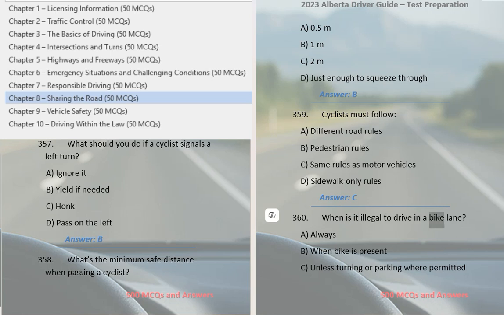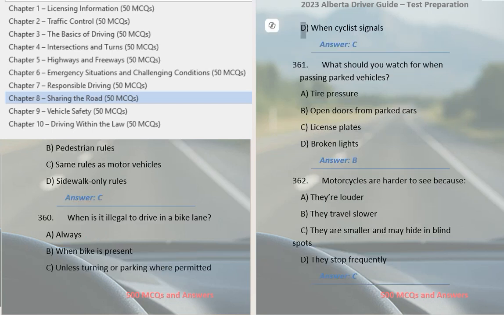When is it illegal to drive in a bike lane? A. Always. B. When bike is present. C. Unless turning or parking were permitted. D. When cyclist signals. Answer, C. What should you watch for when passing parked vehicles? A. Tire pressure. B. Open doors from parked cars. C. License plates. D. Broken lights. Answer, B. Motorcycles are harder to see because A. They're louder. B. They travel slower. C. They are smaller and may hide in blind spots. D. They stop frequently. Answer,